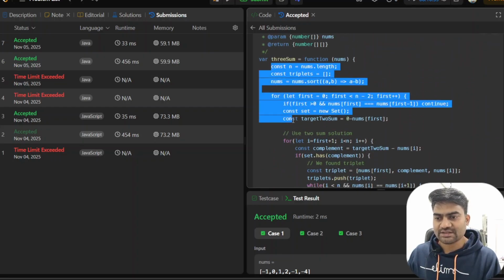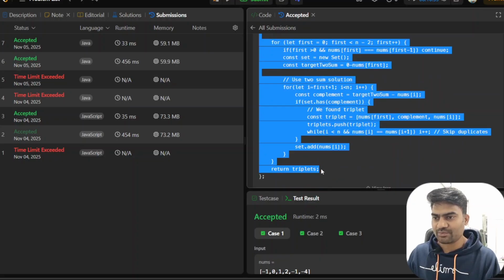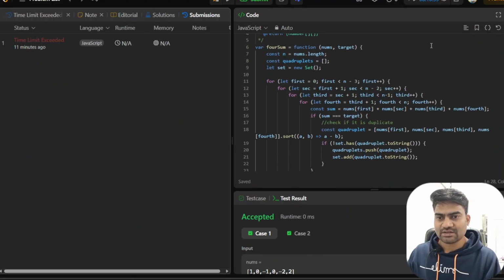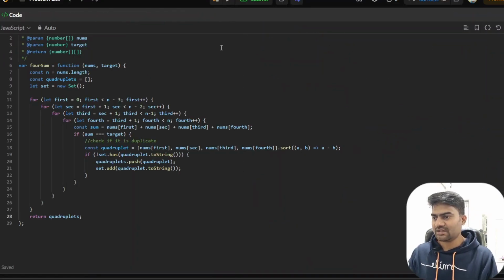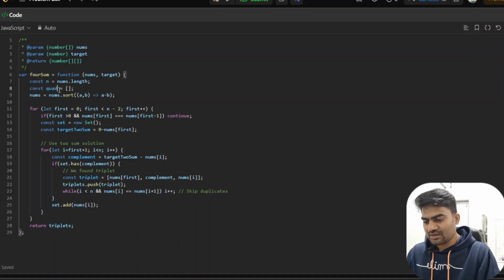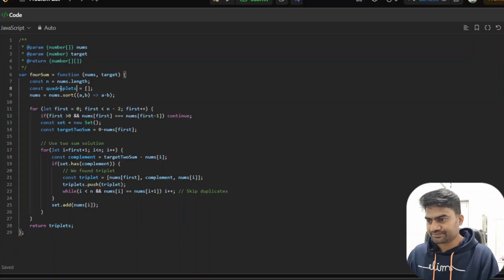So I will copy this, I will go back to the code here, I will expand it, I will simply remove everything, I will paste. Okay, so now I will change it, quadruplets. Okay, I will first sort the numbers, then this is our